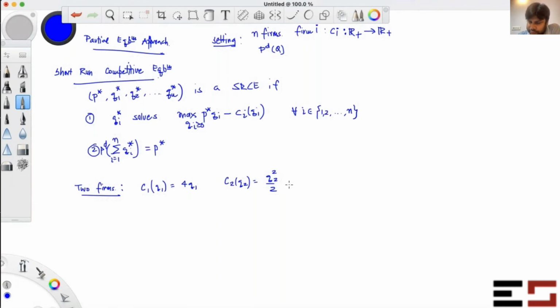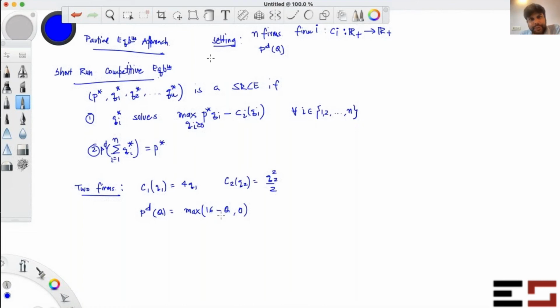Is that fine? Okay, now suppose the demand curve is this. P of q is equal to max of 16 minus q comma 0. Okay, so take 5 minutes and find the short-run competitive equilibrium,